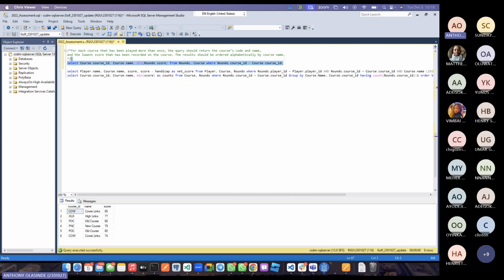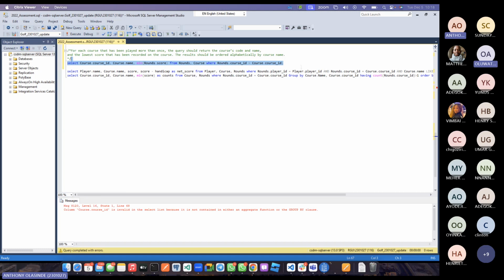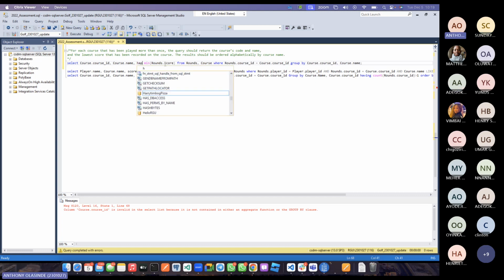So if you do this normally, it won't work. So you add group by. Now introduce your group by course dot course ID and also course dot. If you introduce something else here also, say, let me see, what can we introduce? Handicap. Where's handicap coming from? Handicap is coming from Cost. Cost. Okay, if you introduce handicap here, say cost dot